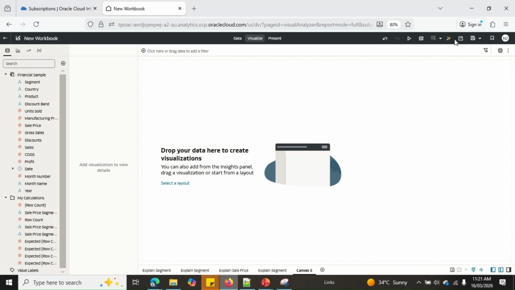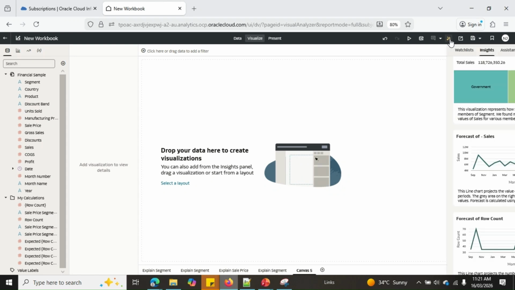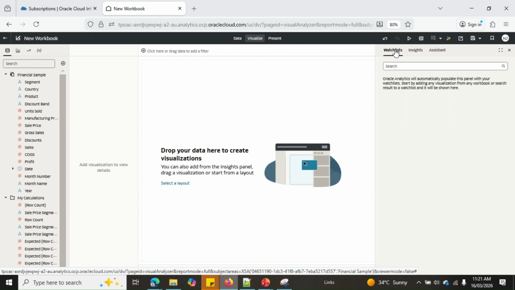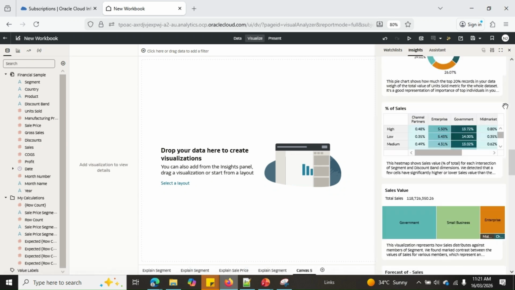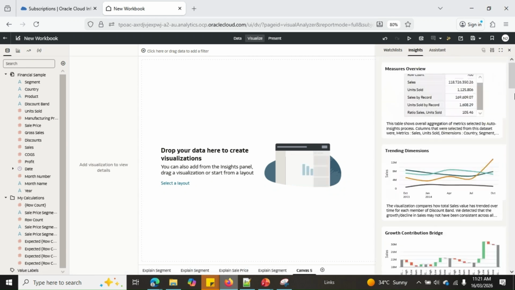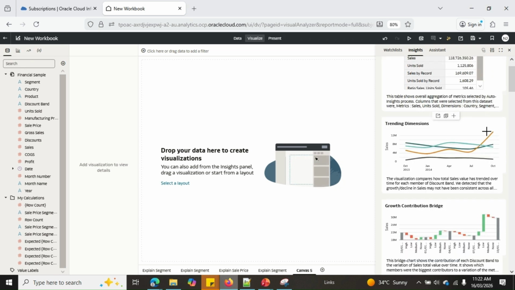Now click here, this Auto Insights button. Now you can see the watch list here and Insight. So if you go to the Insights, the Insight tab will tell us the overall summary of the data, like measures overview. It will tell what are the total row count, total sales, units sold, and it will show the trend